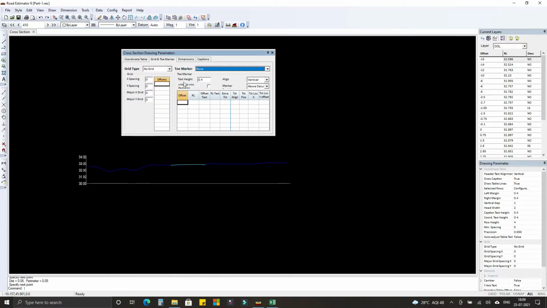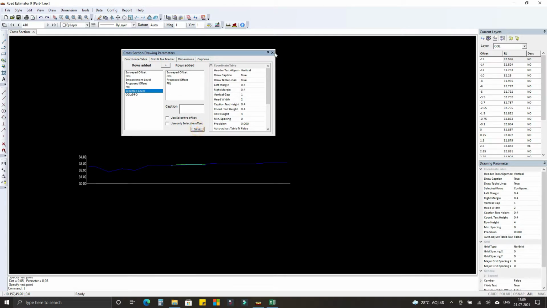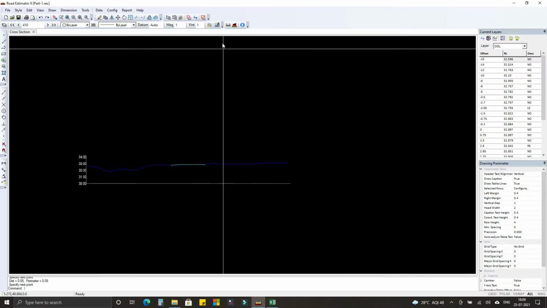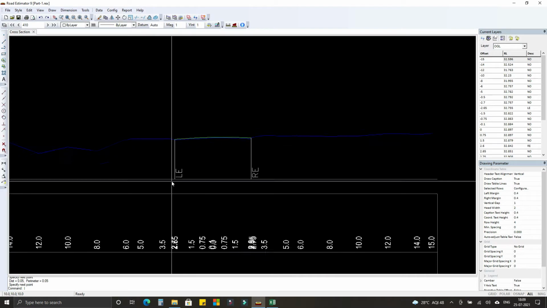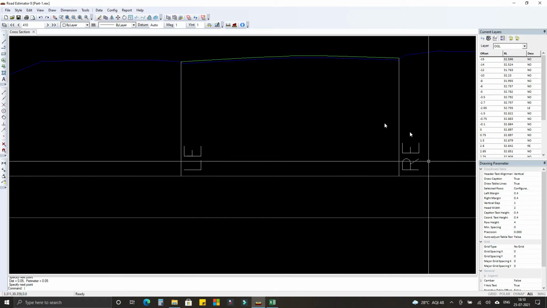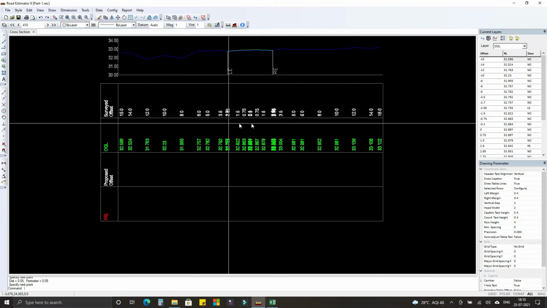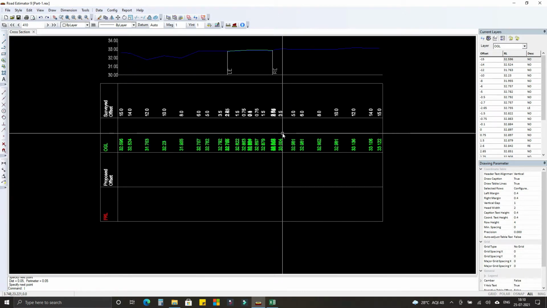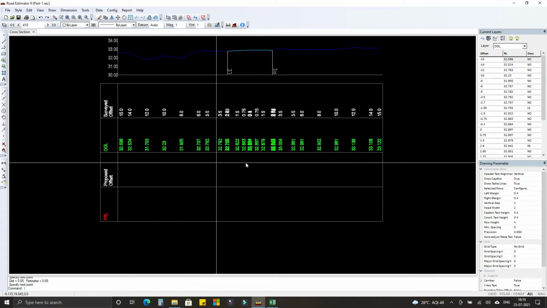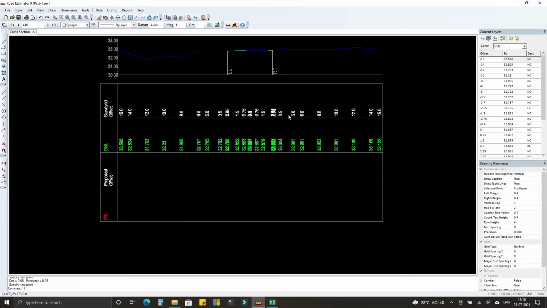See here, set display OGL remarks. If you select this, you will get OGL remarks like left edge and right edge of the road. So once process, see this is a left edge and this is a right edge. This is a cross section table. Here we have OGL levels and here survey offsets.